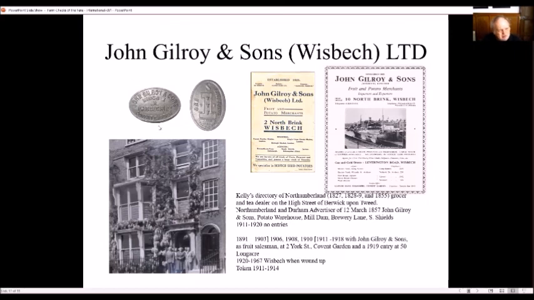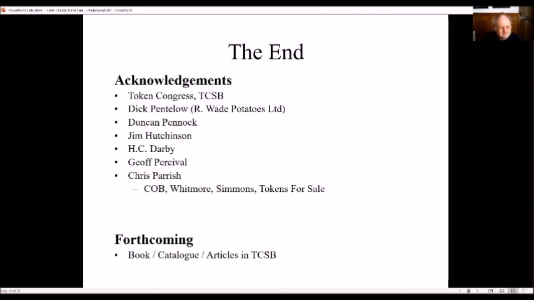This token is probably not used on a farm, which is unfortunate. I suspect it's a receipt for a basket or a crate for carrying fruit in and around the London markets. Quite famously, one of the directors of this company in 1966 received an OBE, Order of the British Empire, for services to the fruit and veg industry, which I thought was quite neat. So quite a sort of big mover and shaker in the local businesses of fruit and vegetable.